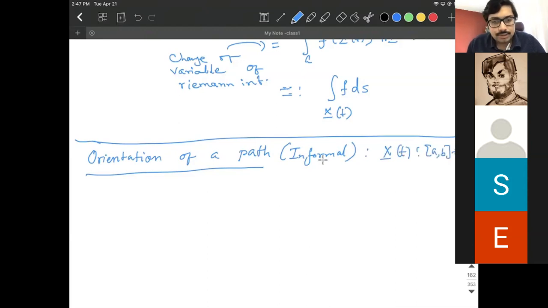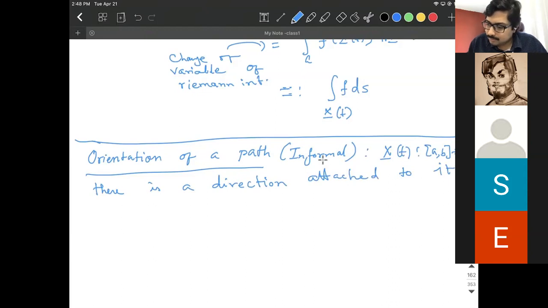So I'm doing the most general case. Then there is a direction attached to it, in the sense that